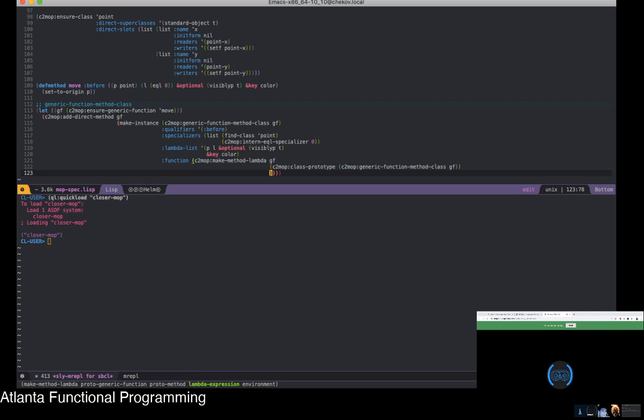The final thing that's being passed in really here is the lambda expression and the environment. Now, one thing I wanted to bring up is that the lambda expression we're going to be returning is, in our case, just the single lambda form that we have in there. It takes in all the arguments that we have defined up until this point, visibly p, and key color, and